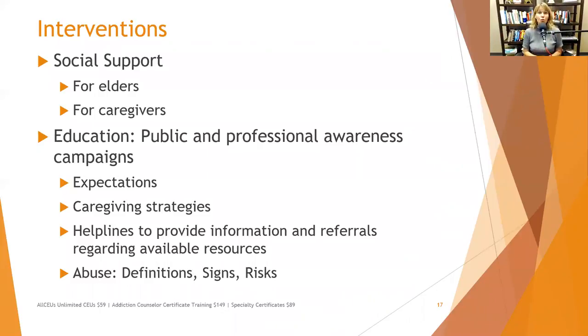For caregivers, we need to make sure they have social support. It's not just the elder person that needs companionship and support. Caregivers need to have a place they can go and vent. Sometimes churches have these. Sometimes your local United Way can help you connect with different support groups. Maybe you can start hosting one where people can come and just have a support group one night a week where they can kind of vent about things. Reach out to your local area agency on aging to find out where the support groups are in your area.